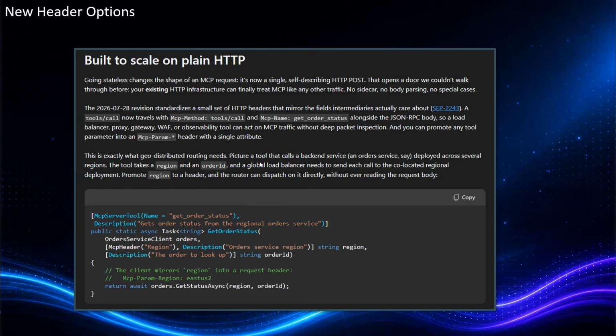That means that a proxy can just read the headers instead of needing to read the body. For example, if you wanted this region to send it to a specific server instead of just going to a random one. So cool if you need some scaling, and it's very much like what normal ASP.NET does now.